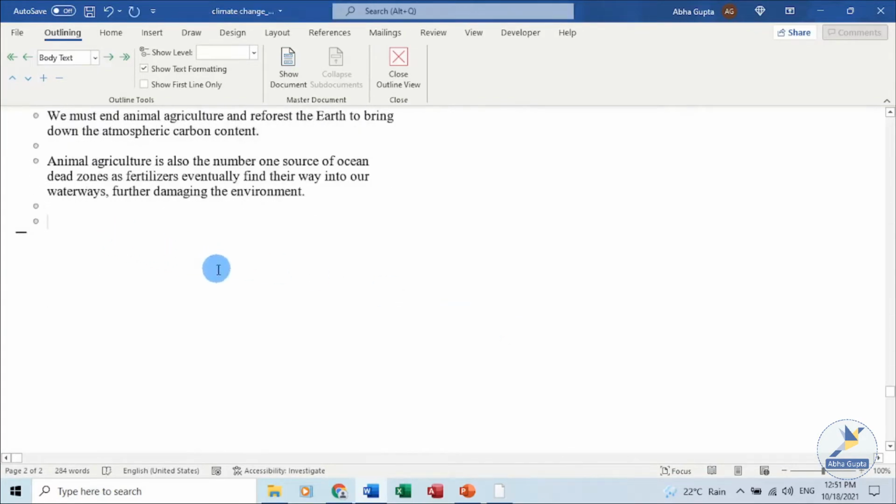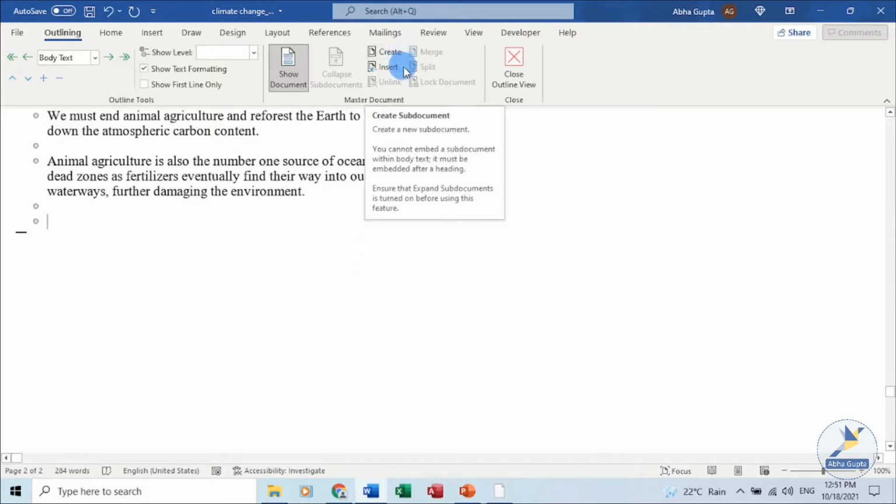You can always enter, you can add new lines, you can place different documents inside the outline view. You can see the outline being highlighted as the tab. Once you are in the outline tab, click on Show Document. It will expand, it will show the master document group. You can always close the outline view. I have some data already in place. You can create, you can insert something over here.